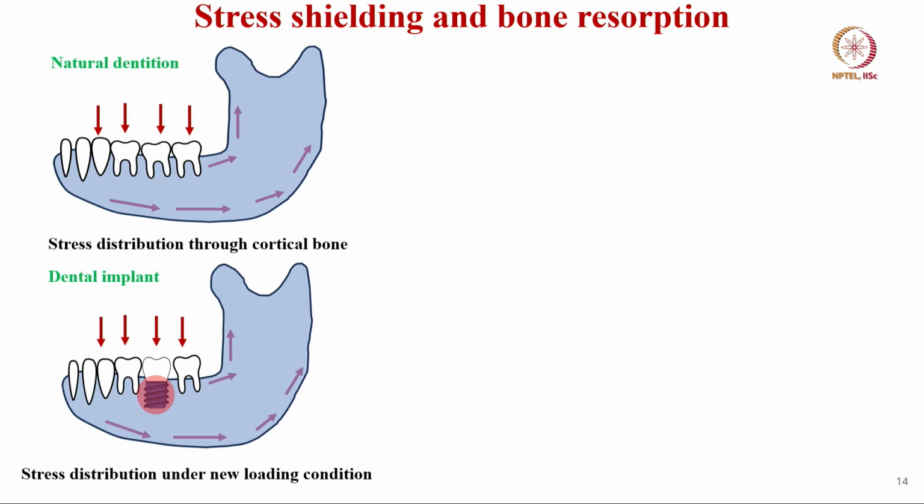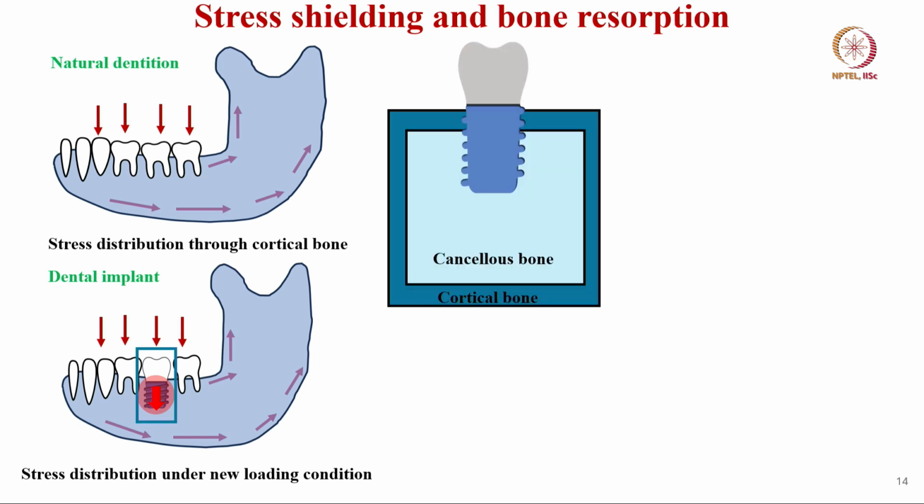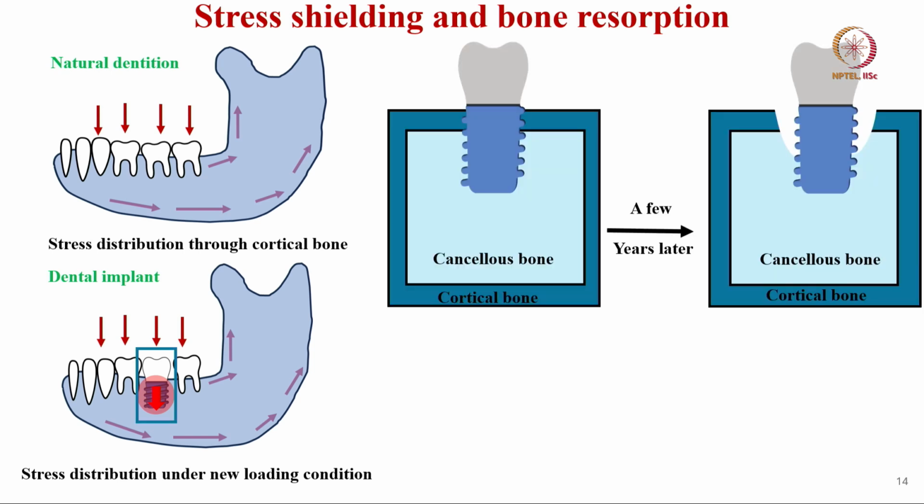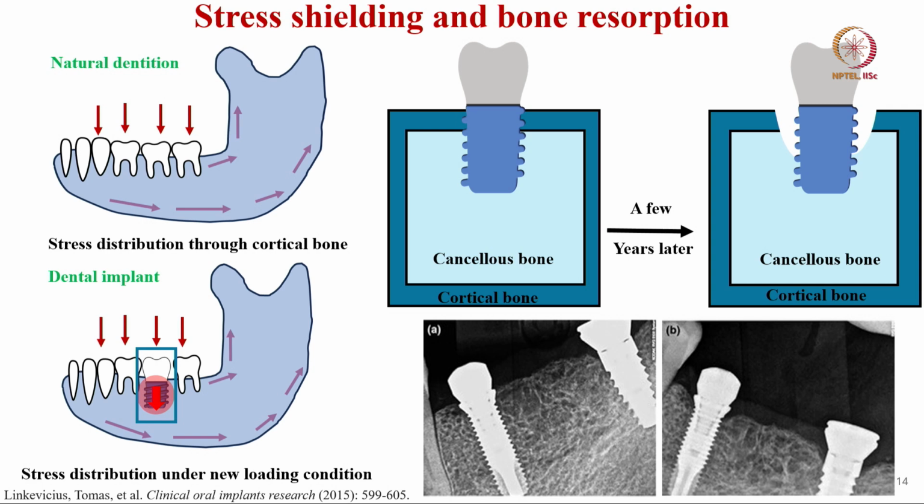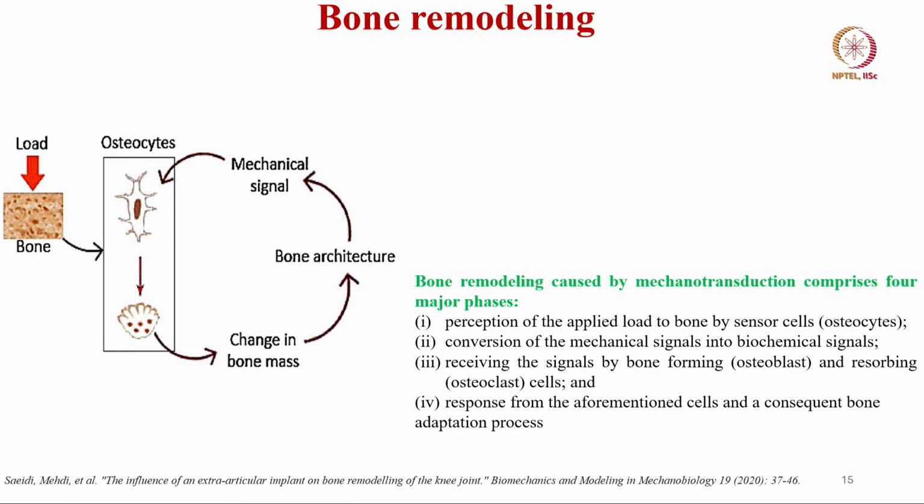So, when you place the implants, there may be local displacement in the host tissue or host bone areas shown here. You have the cancellous bone and you have the cortical bone. A few years later, when the implant is integrated, you can see very clear evidence in the CBCT, cone beam computed tomography, of how these implants behave. This is a perfect osseointegration in this particular case after a few years.